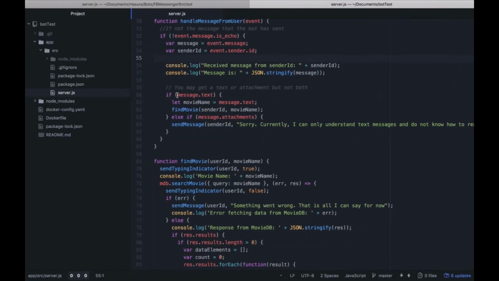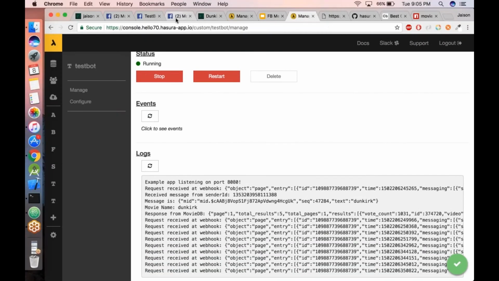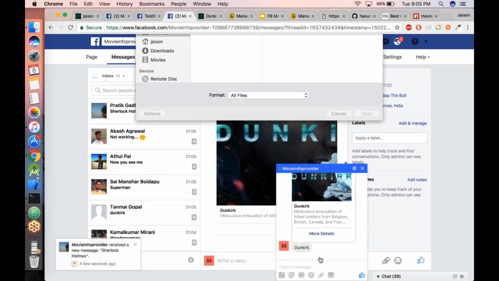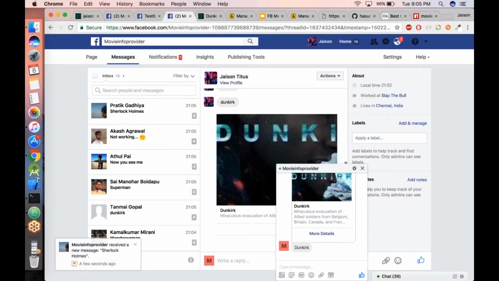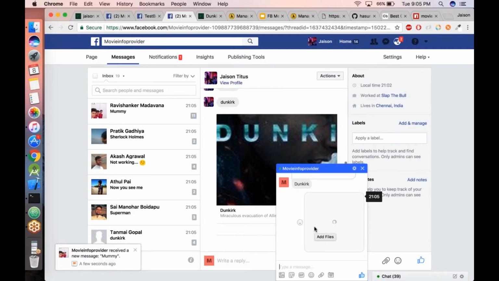Then we're checking whether this message is a text message or an attachment, because you can also send an attachment, right? Let's just have a look at that. So if I do this and send a random attachment to this, okay, that's going to take a while,